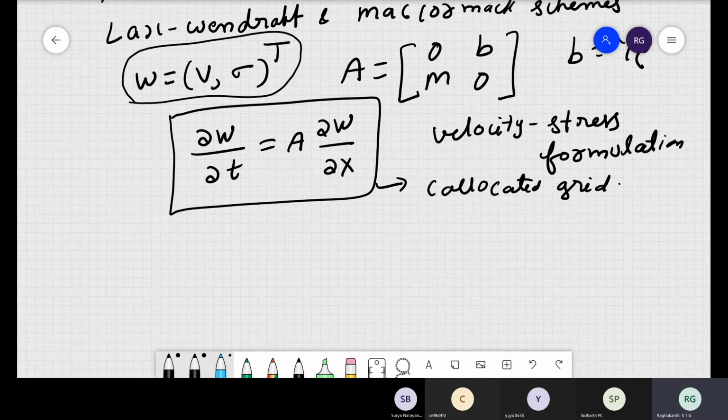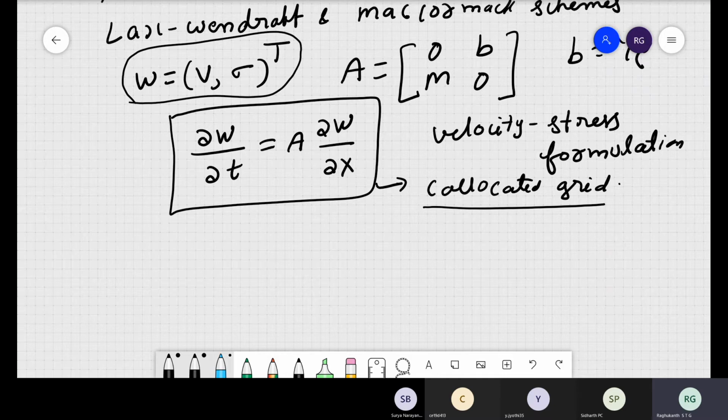So here also you can combine velocity and stress into one type of equation, and you can get this type of numbers itself. This is one way, and you can do it in a collocated grid instead of the staggered grid itself. If you see the textbook, he has given these formulations also, with all the detailed things. You can check that book itself.